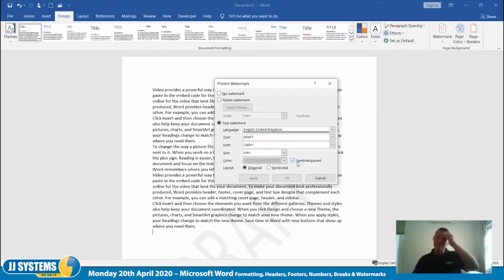And choosing semi-transparent, which is one of those words that makes no sense whatsoever. It's either transparent or it isn't. But semi-transparent, yeah. So that's the standard stuff. Or if you want to do something a little bit more daring, you can go for a watermark that is a picture. So if I choose picture,